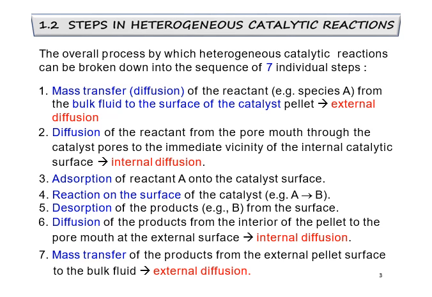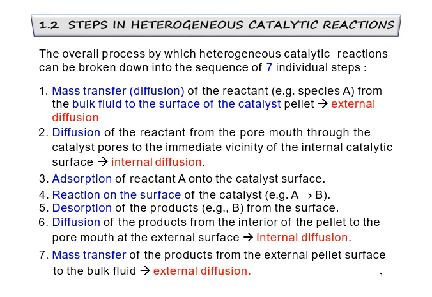So from the previous slide, I'd like to reiterate on the steps in heterogeneous catalytic reactions. So heterogeneous catalytic reactions are reactions that happen at different phases, maybe from fluid into solid, right? So these are the 7 steps of what actually happens